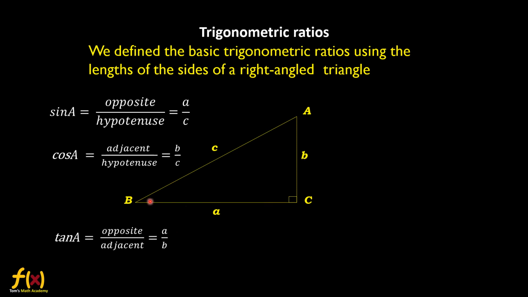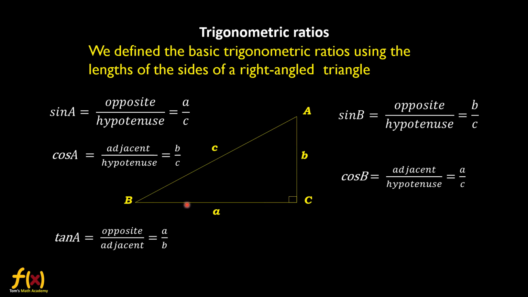Now let us move on to the other angle, B. Look at that. Sine of B, according to the definition, it will be b, opposite side is b, hypotenuse c. Okay. Again, cos of B, adjacent side, that is a over hypotenuse c. And lastly, tan of B, opposite side, that is b over adjacent, b over a. So good people, that is how we learn. We learned already, okay, in the junior class. Just to revise.